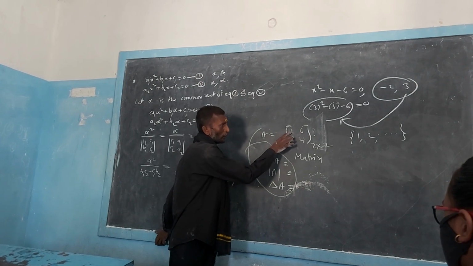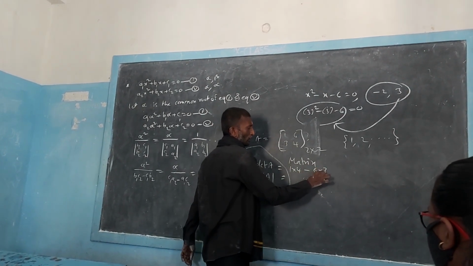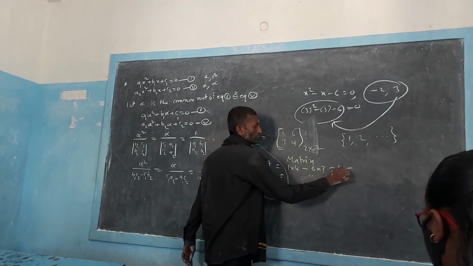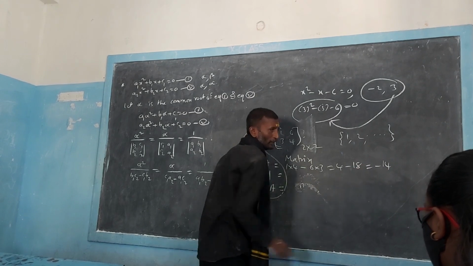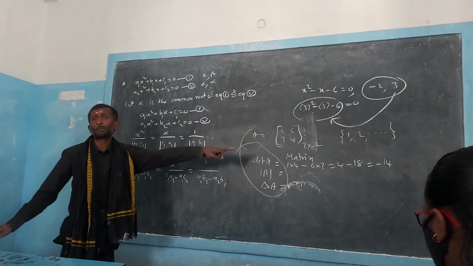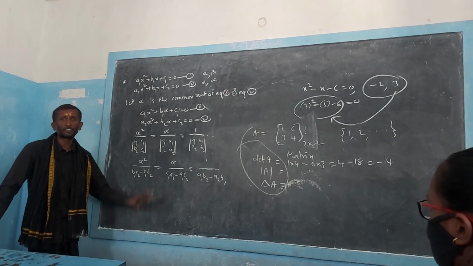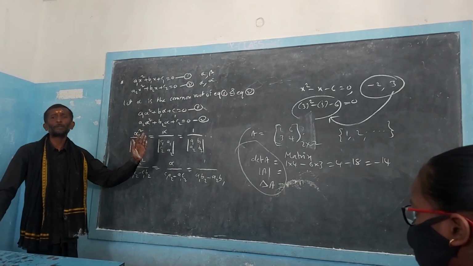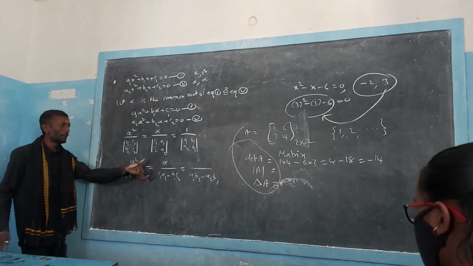So now we are going to find the determinant of this example here. Like this we should do 1 into 4 minus 6 into 3. 1 into 4 is 4, minus 6 threes is 18. 4 minus 18 is minus 14. So we will get one number. That number we call as the determinant of the matrix. So what is the determinant? Determinant is only a number, right? So now we have like this.